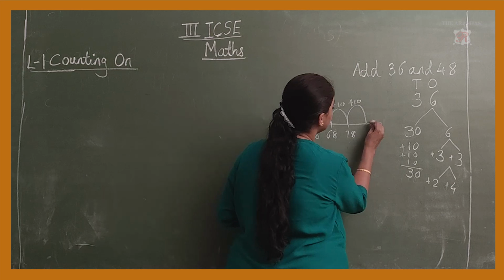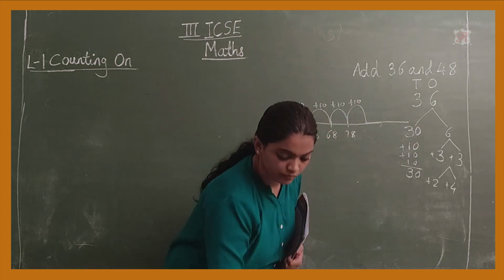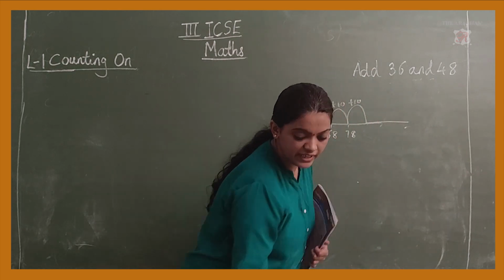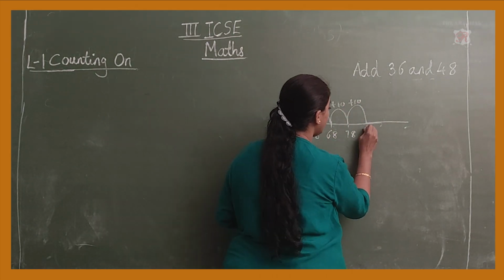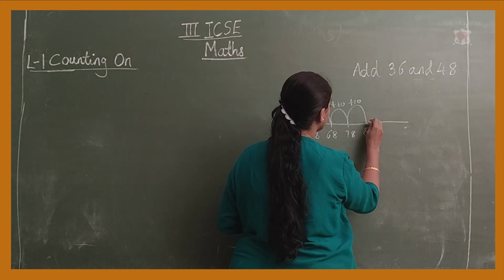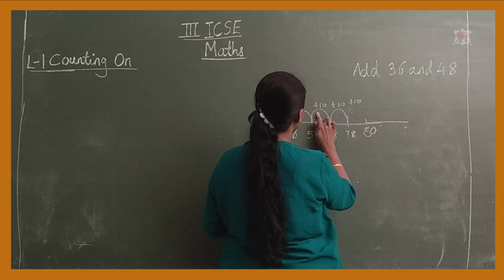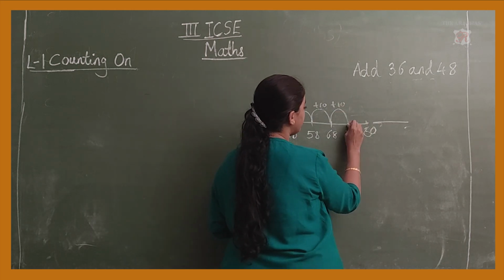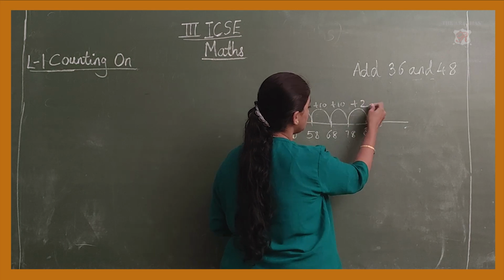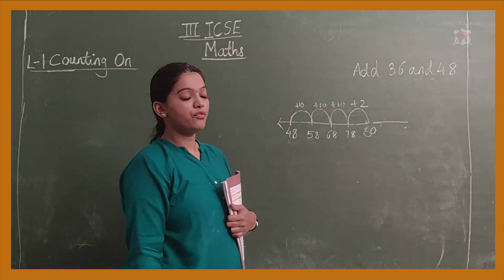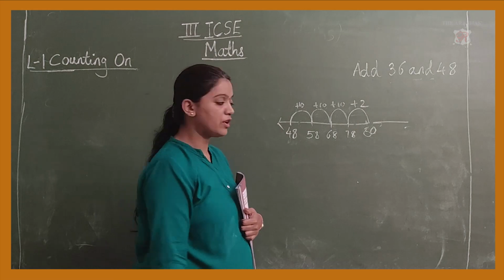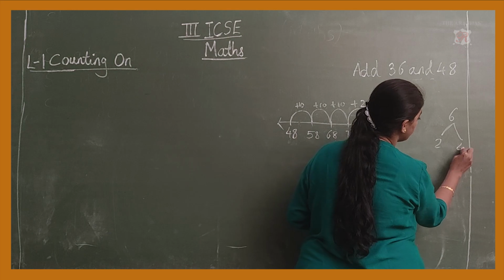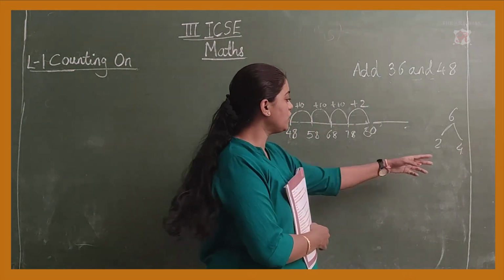So we are taking 2 over here. We are adding 2. 78, 1, 2, 3. This is your 30. 10, 20, 30. From 78 we are adding plus 2 to make it 80. From 80, how many are left now from that 6? You have split 6 in such a way that 2 plus 4 was 6. This 2 you have taken where?